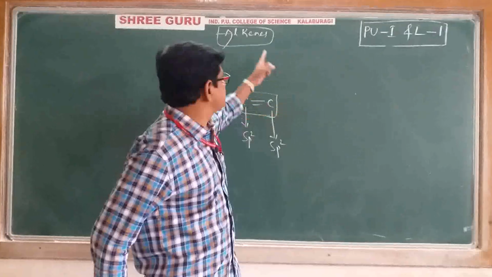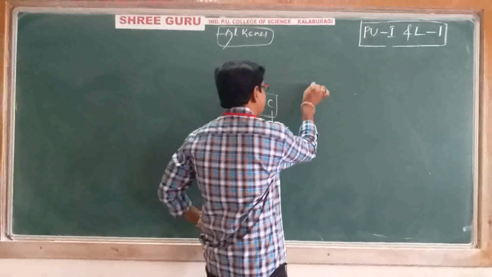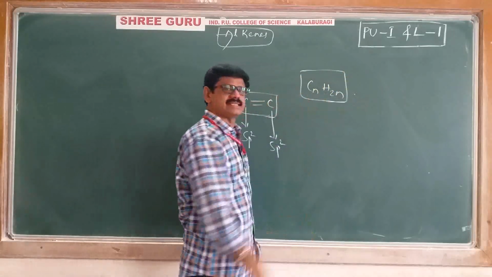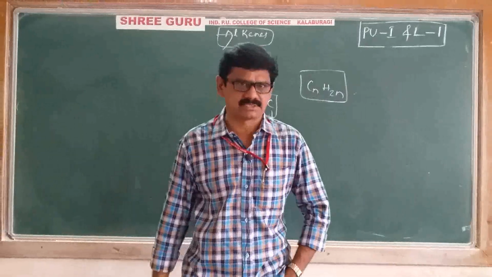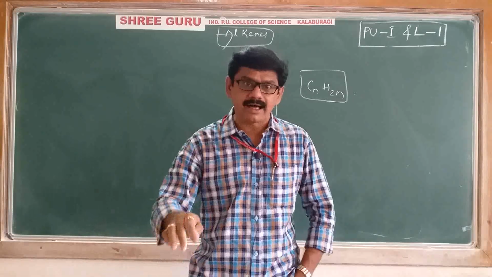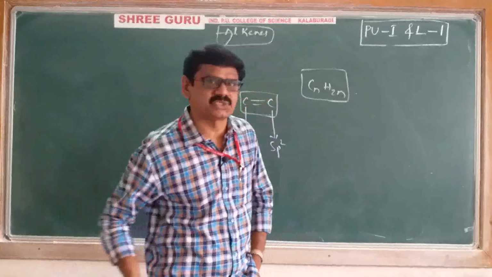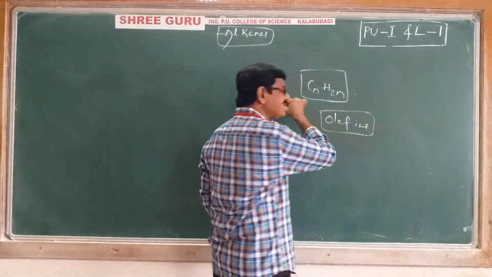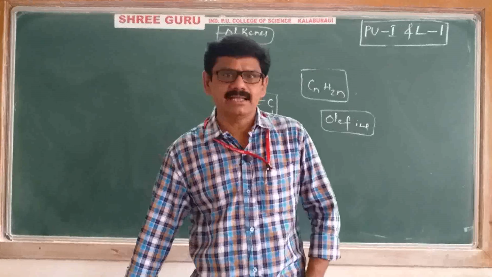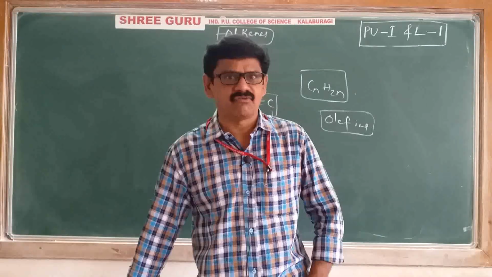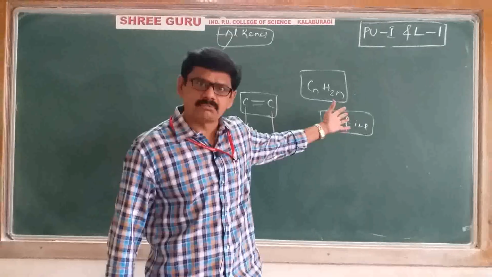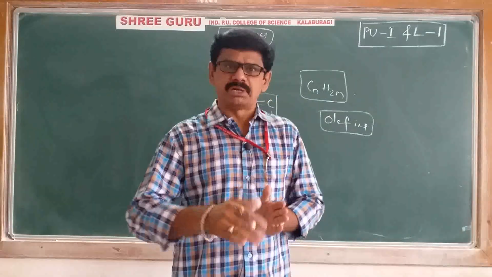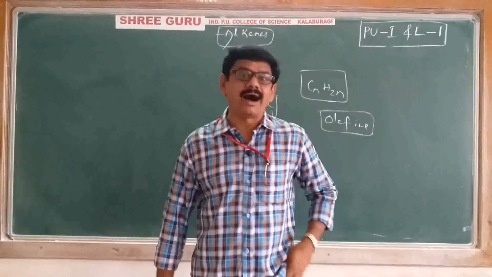Next, the general formula of alkenes is CnH2n, and here n is nothing but the number of carbon atoms, right? And alkenes are also called olefins. In Latin, olefins means oil forming. The lower members of alkenes, when reacted with halogens, particularly chlorine, form oily type